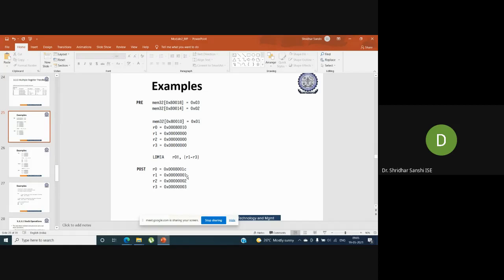Fine. And next we will update the base register value. So now R0 will point to, you will add +4 to this particular base address. So what will be our new base address if we add +4?